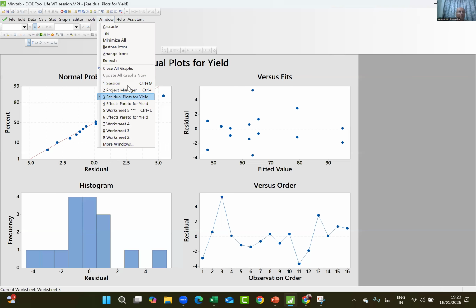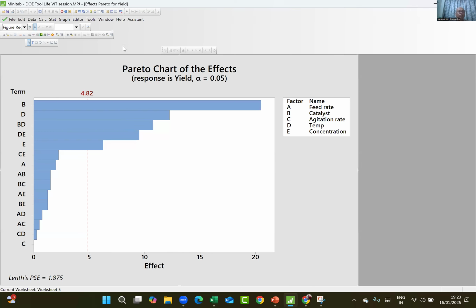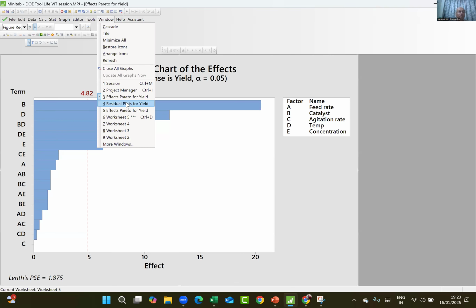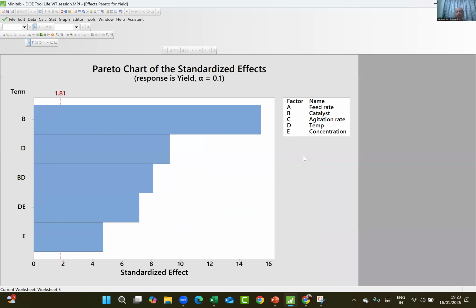What is the final Pareto chart that it has shown? No, this is the original. This is the second one. Yeah, this is the reduced model. So after reduction, it has ignored all the other things. Only B, D, E, BD, DE are shown here. They are significant. If you look at the ANOVA table,